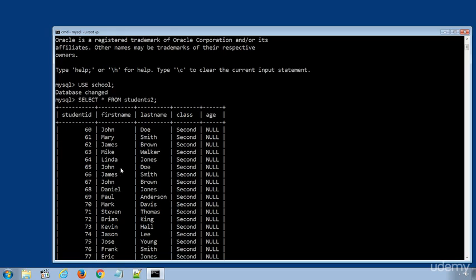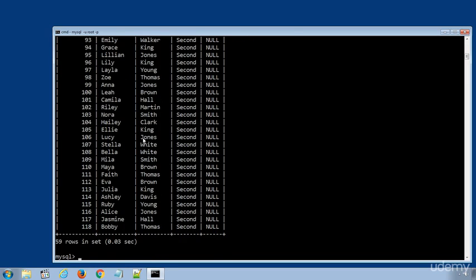Let's delete a data row having student ID 60. The SQL statement will be delete from students2 where student ID equal to 60.